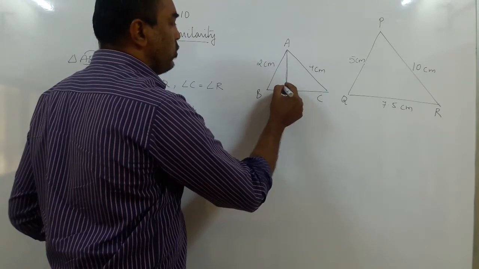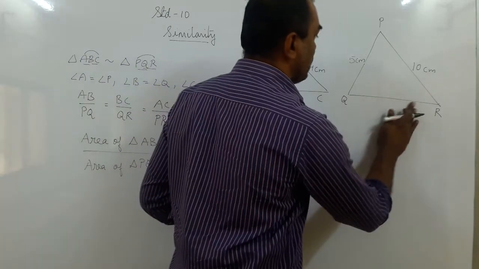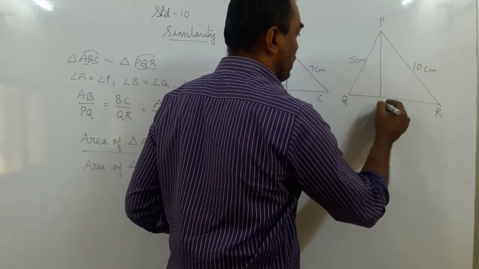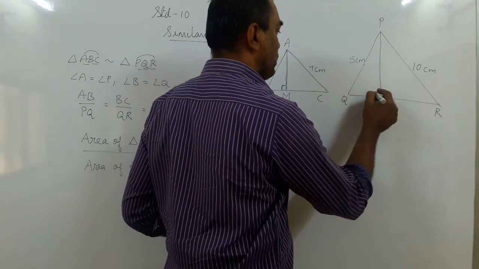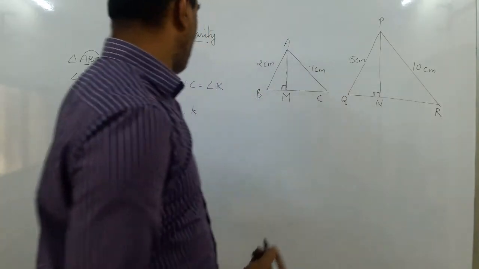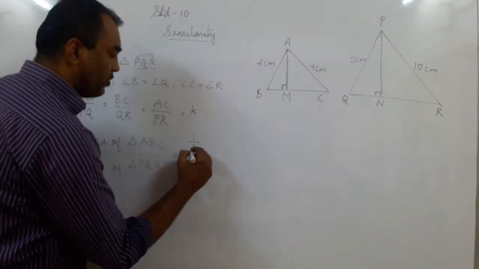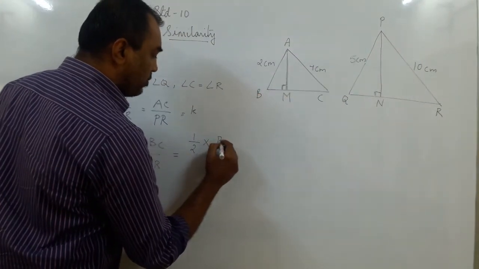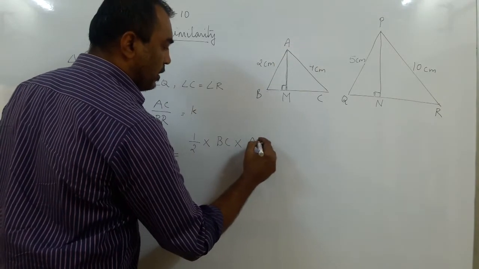So this is the altitude, means at 90 degree, the height. In this triangle, I will call the altitude point L as well. This is the right angle. Can you see? This is a right angle. And this is the height, altitude. So what is the area of triangle ABC now? It's half into base. What is the base? The base is BC. Base BC and altitude AM.